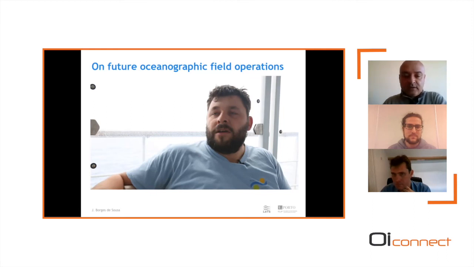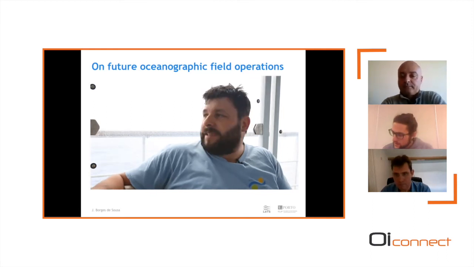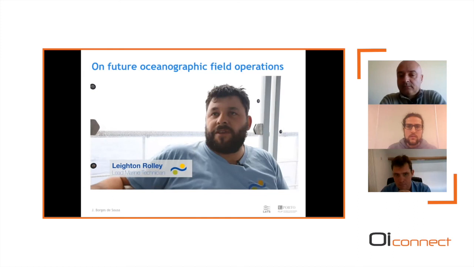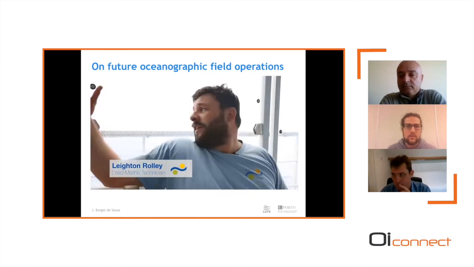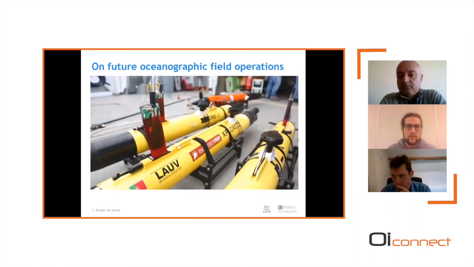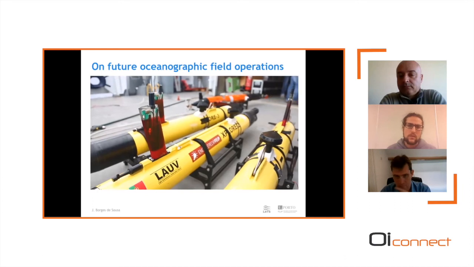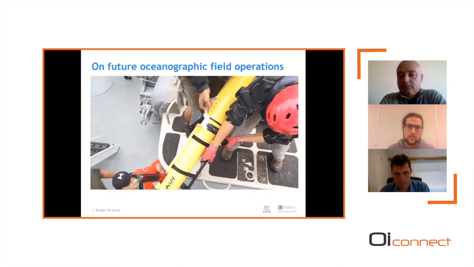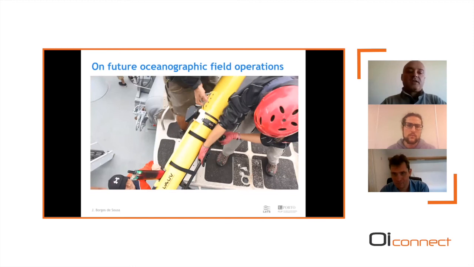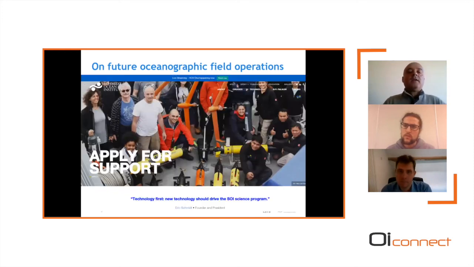So let's hear what he has to say. So we take all these different systems that go beyond the footprint of what a ship can do. They can be 20 miles this way, 20 miles that way, and help us understand the oceans a lot better than we do now. So this is exactly what we did. So the footprint for what we were doing was big, because our operation area was pretty big, as you could tell.